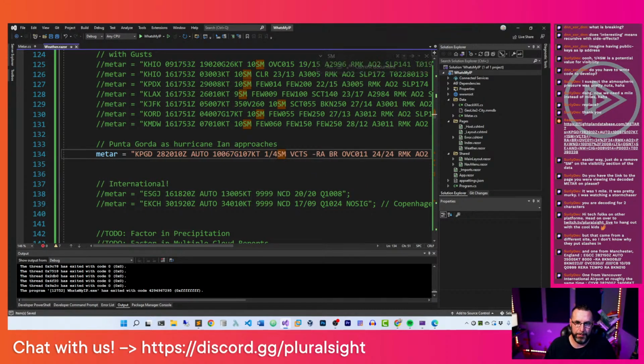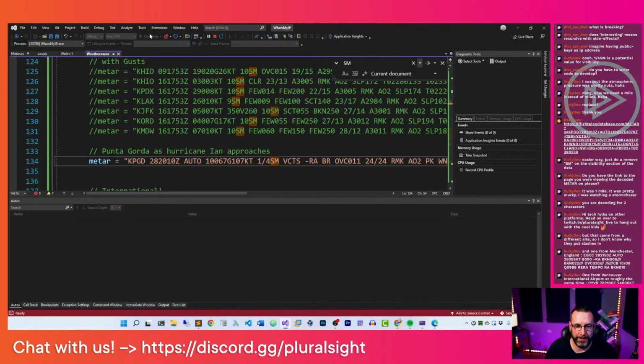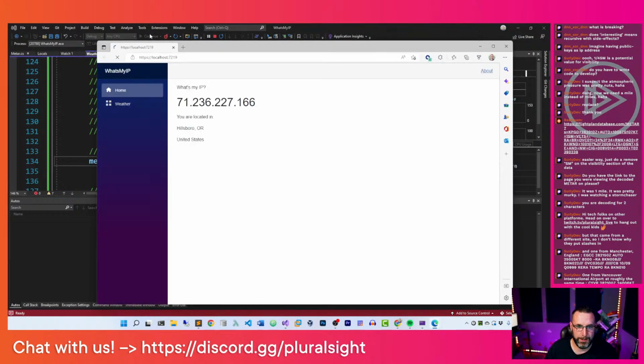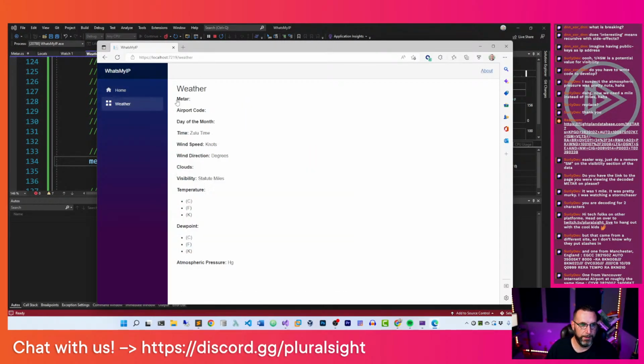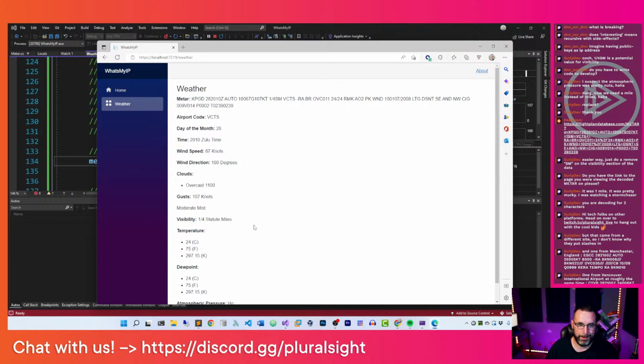I know this is going to break it somehow. I have very little faith that this is going to go through just fine. And I was absolutely wrong. It does appear to go through just fine if you put 1/4 statute miles and it says 1/4 statute miles,